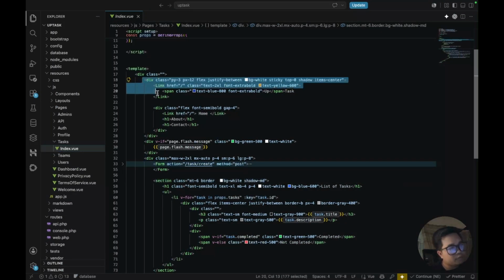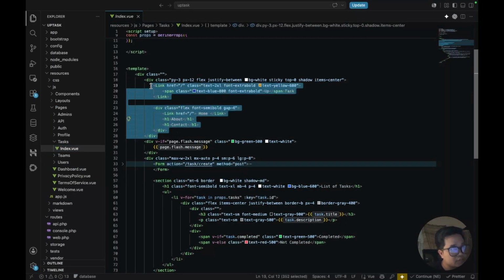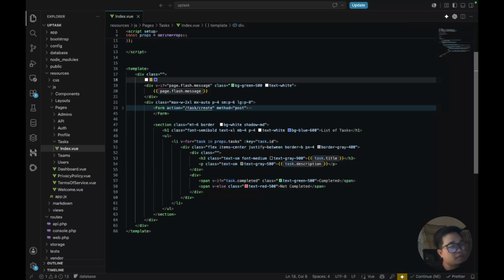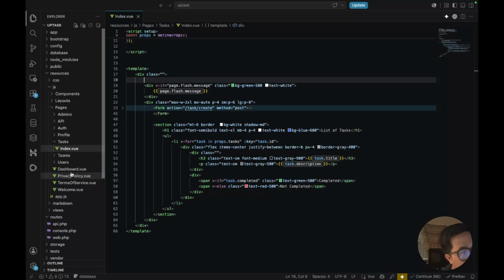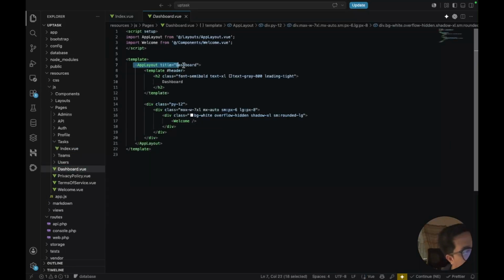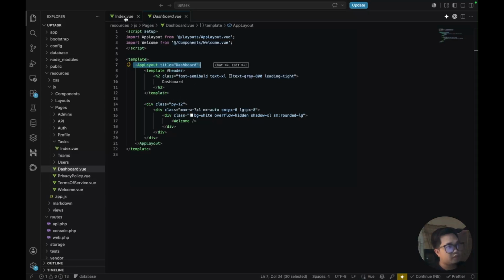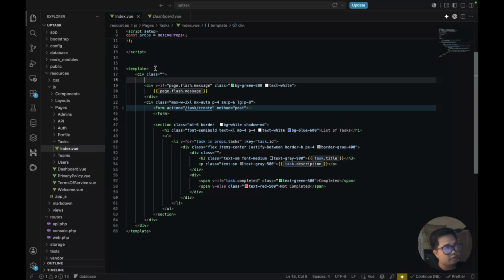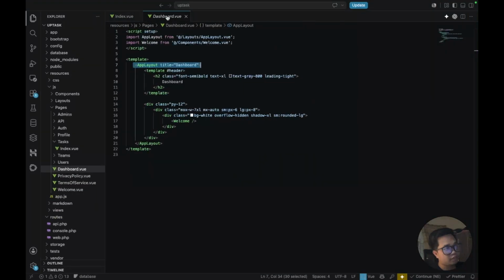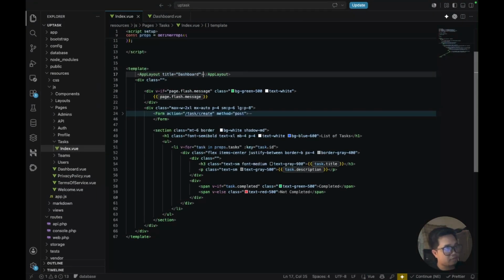So our goal is to make this header first. So for example, we will make this header, so we'll make a logo. For example, we will make an app task logo.